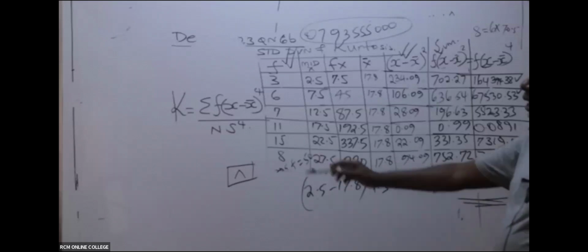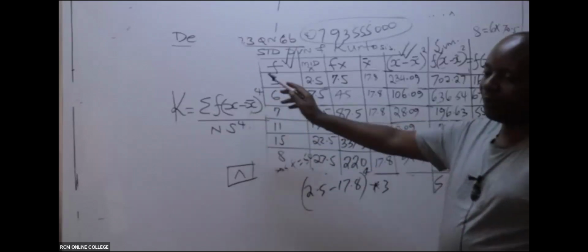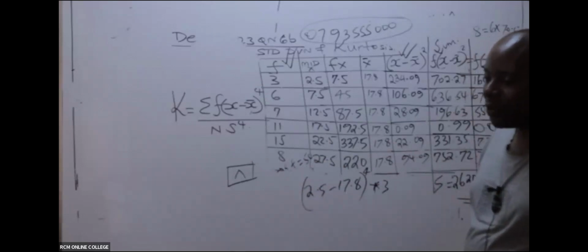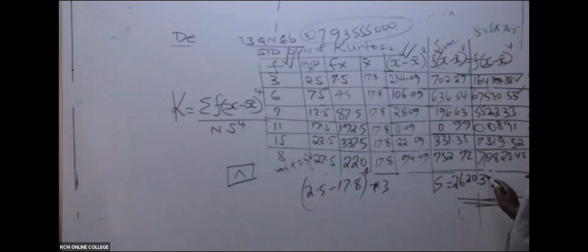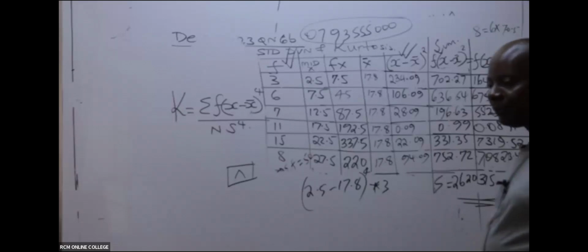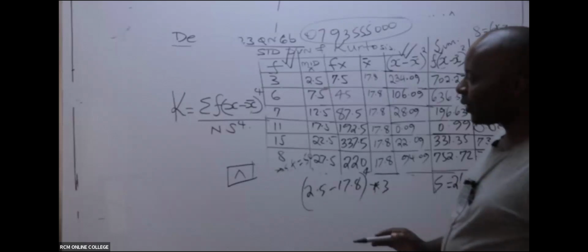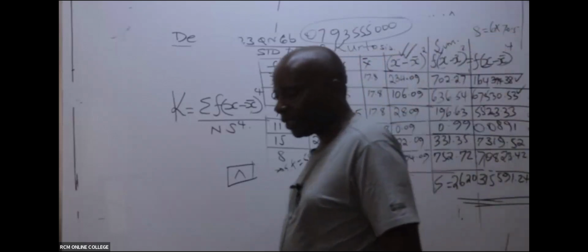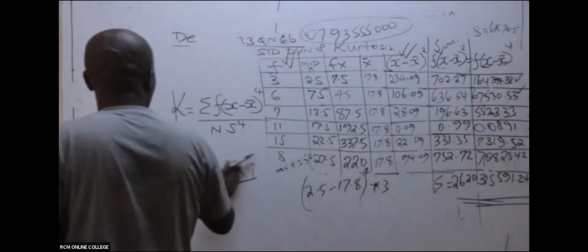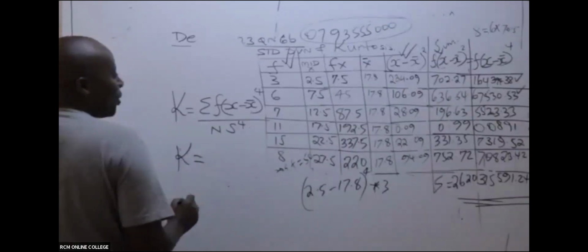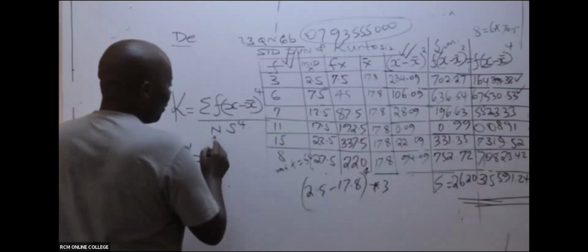Because you can see they want us to sum. So according to Marango, we have 315,591.24. Thank you so much. And if that is the case, our K then will be equal to, we have this has given us